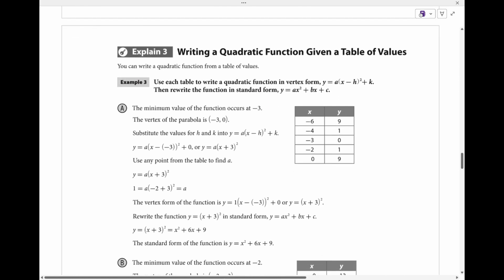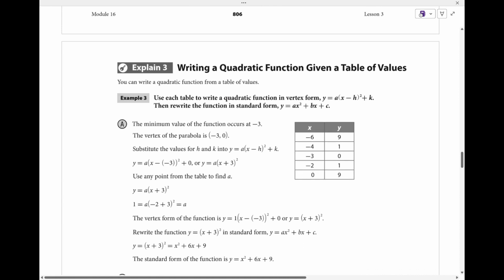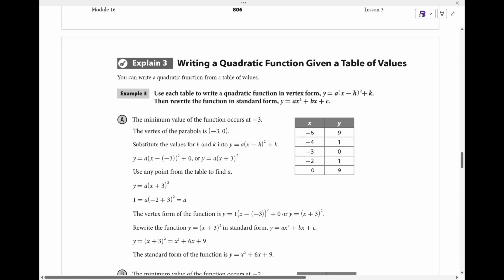Alright, section 3. We want to write a quadratic function given a table of values. So here we're given this table. To write a function, it's easiest to find the vertex first. So the vertex is where your minimum or maximum value is. Notice on the y's we got 9, 1, 0, 1, 9. This goes from 1 to 0 to 1. That's a dead giveaway that here's my vertex,